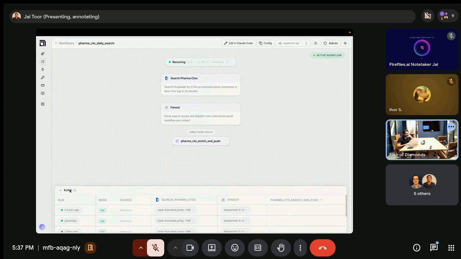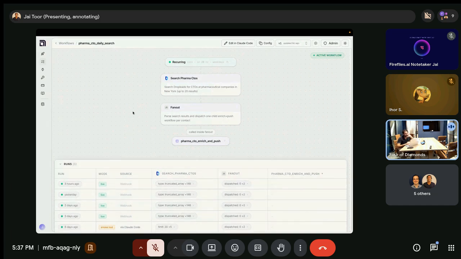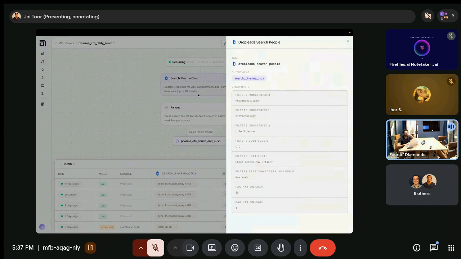And so what this is now doing, essentially every task that you run can be visualized as this. So even small tasks that you may not want to do forever, we can at least visualize it. We can reference it if necessary, but it won't be automatically set to run. Essentially, this is one I did set to run, and I'm doing a pharma CTO search.